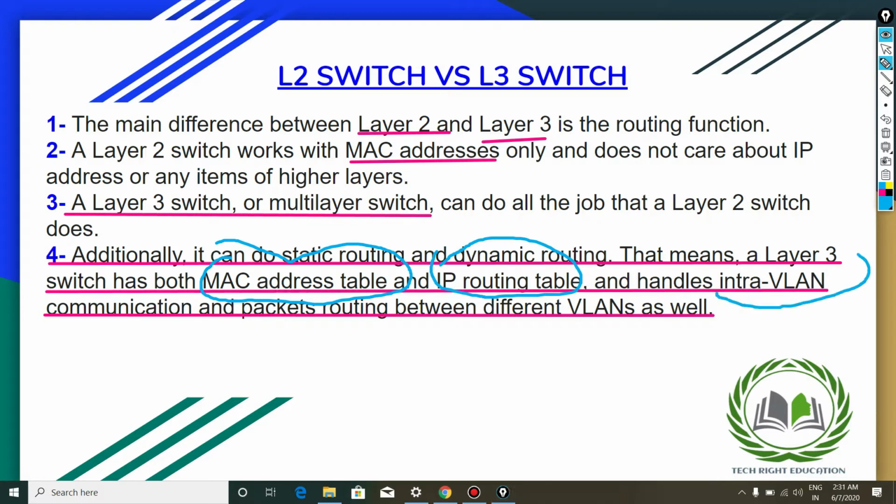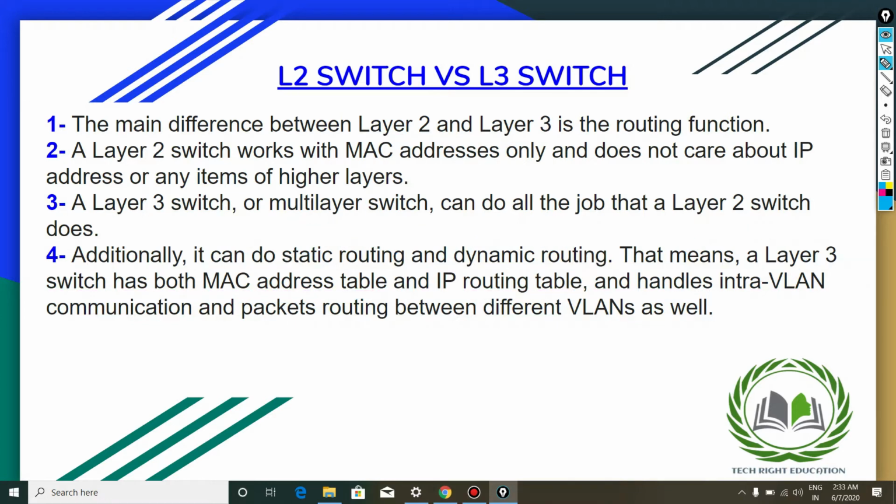What do we mean by intra-VLAN communication? Intra-VLAN communication means the communication within the VLAN. So what do we mean by VLAN? Basically VLAN means virtual LAN. So what is the use of virtual LAN? If we want to make our network private, we can use virtual LAN so that no one can do unauthorized access.